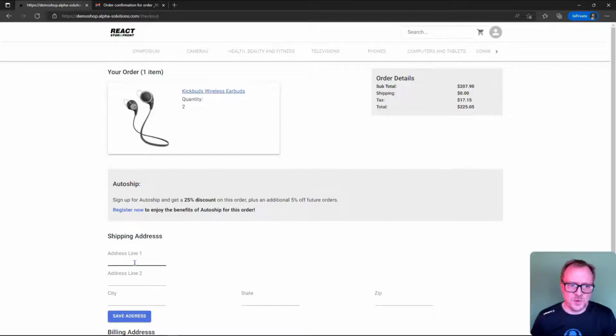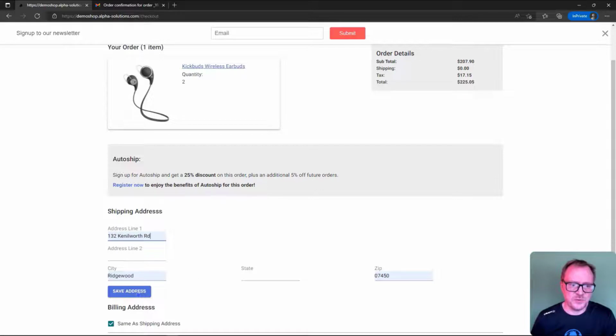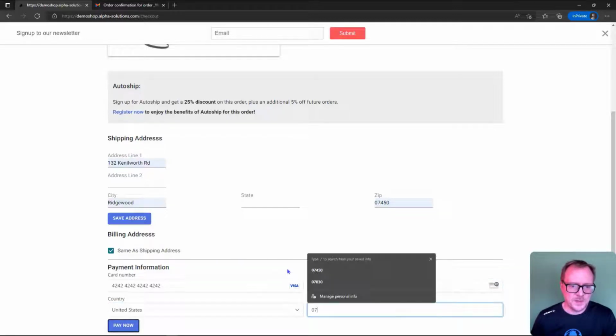You'll see there's a promotion for signing up as a subscription or autoship, but you have to be logged in first. Let's fill out the shipping address and our credit card, which is a Stripe test credit card, so no need to write that down. And our zip code, and then we'll place the order.